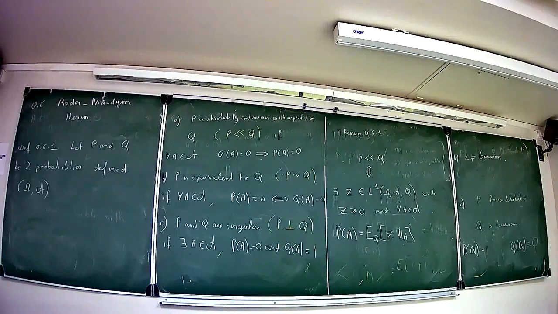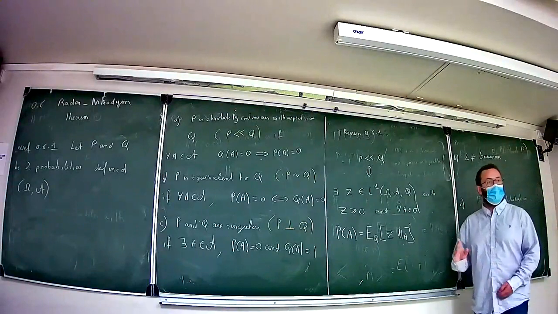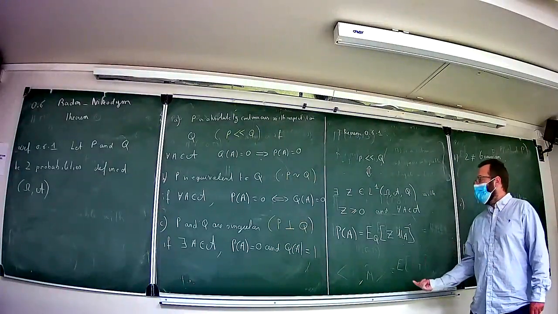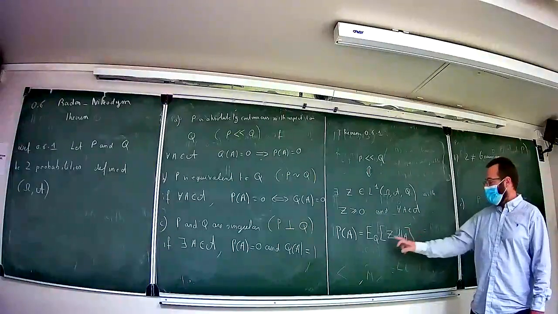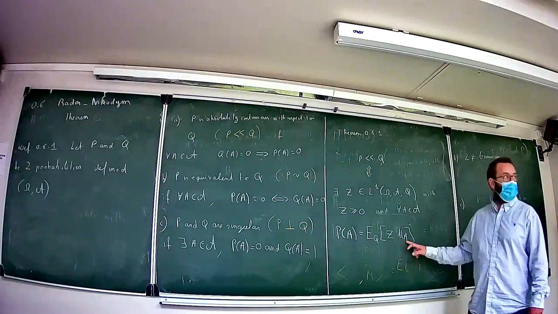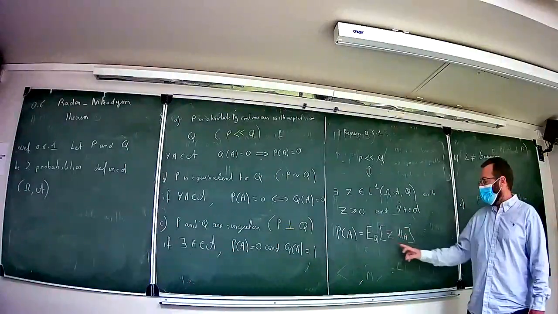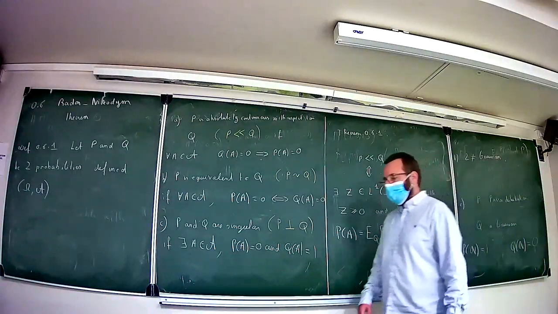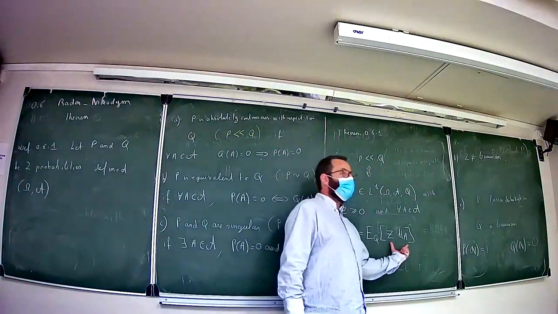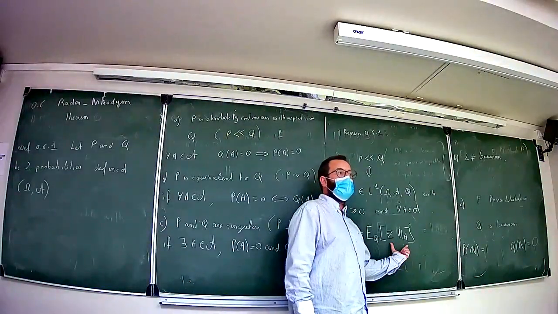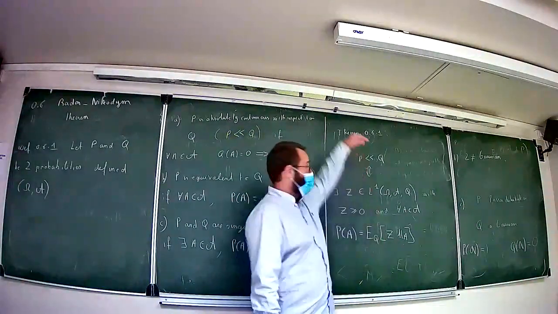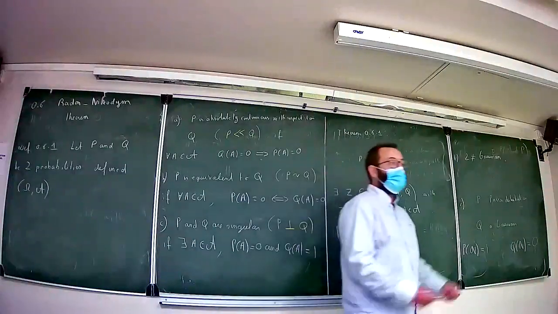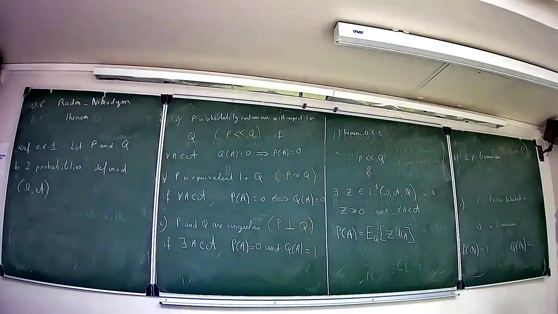This is the aim of the theorem, and it's a theorem that is not that easy. One side is very simple. If Q of A is 0, it means that this random variable is 0, Q almost surely, so its expectation is 0, and so P of A is equal to 0. So this side is very obvious. This one is a little bit complicated to prove because you have to build one Z that works.